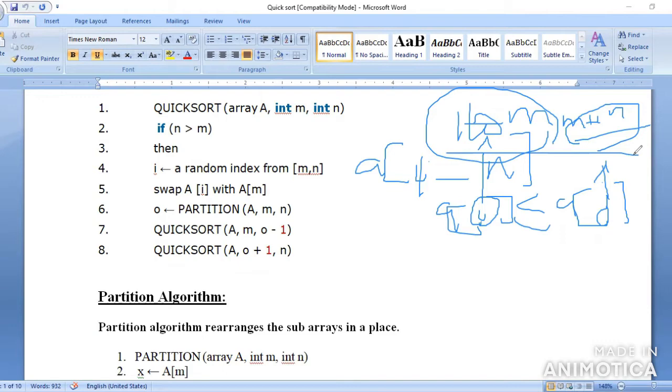First you sort the left side of the elements, then you sort the right side of the elements. So both sorts will be completed, and then you combine the given data. That is the quick sort algorithm. That is the main theme of the algorithm.